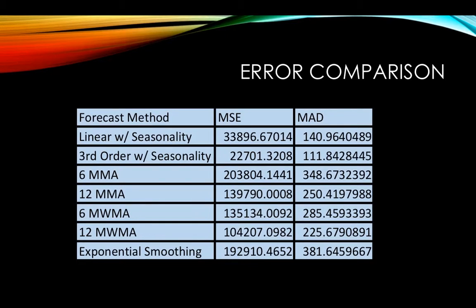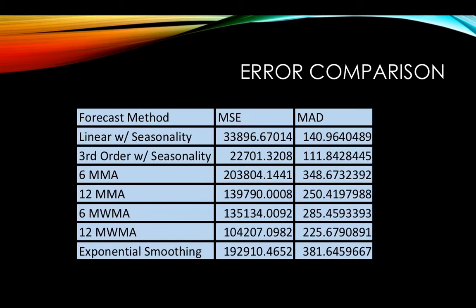In my error comparison, you can see that the lowest values for mean squared error and mean absolute deviation were the third order with seasonality, with the next lowest values being the linear, and then all the 6-month moving averages, 12-month moving averages, weighted averages, and exponential smoothing. Those were pretty significantly high, pretty bad errors, and it would be really bad to use to try to forecast